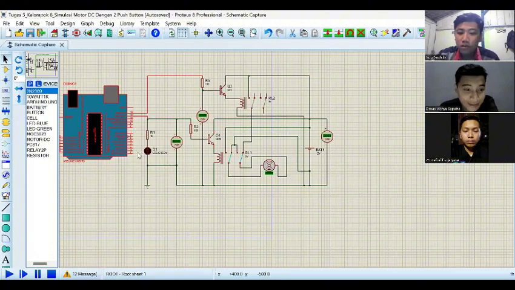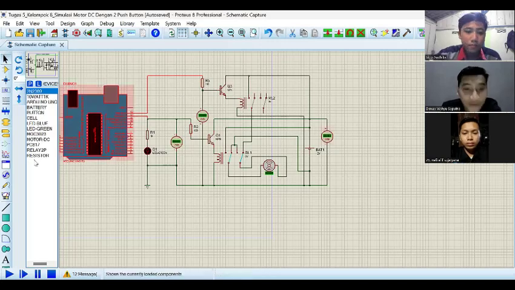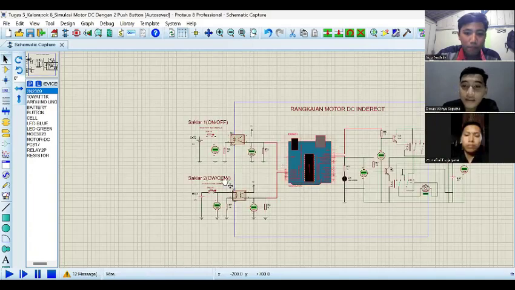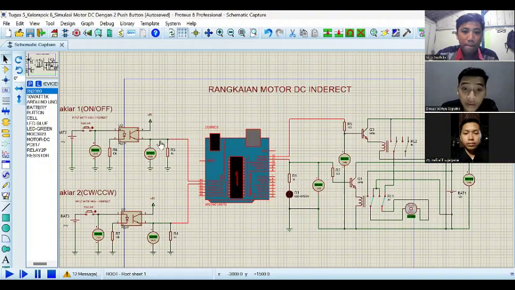And Dimas, the next simulation in the program Proteus. Thank you. Okay, next, after the coding results are complete, we input the coding into the Arduino. Then we run it according to the coding commands.